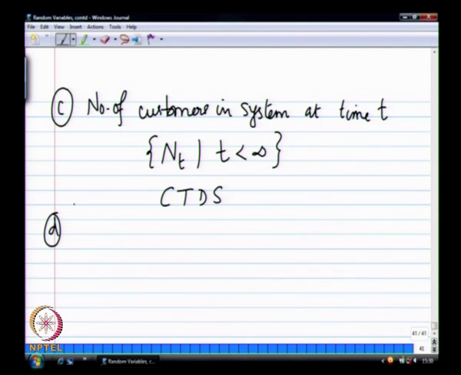Then for continuous time, continuous state, yeah, total waiting time, total service time, something like that. So if I use, say, y of t as a cumulative